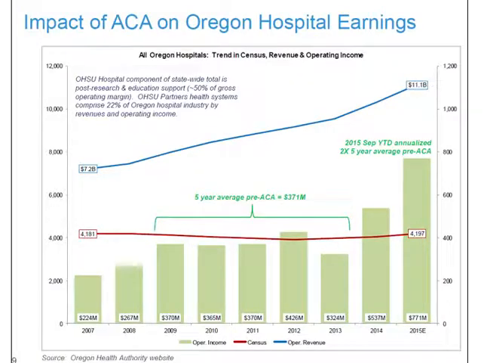This slide comes from OHSU's Board of Directors meeting, which demonstrates the impact of the ACA on Oregon hospital earnings. The red line shows the patient census remaining constant, while the blue line demonstrates the rising revenue. This rise in compensation to hospitals is being paid partially by the federal Medicaid dollars as well as by insurance companies. This brings us to one negative economic outcome that I'd like to discuss, which is how insurance companies are